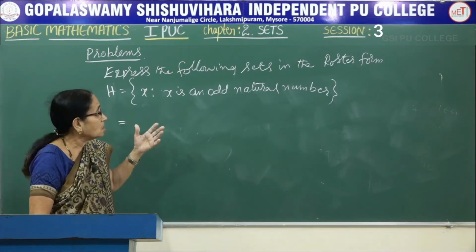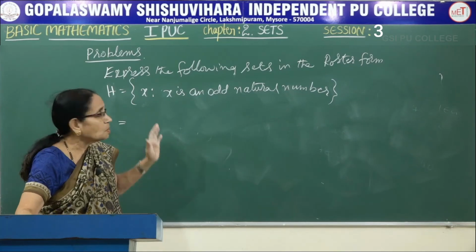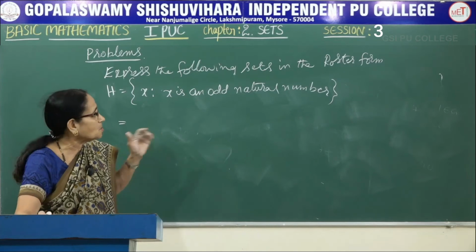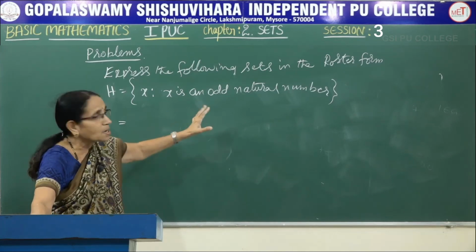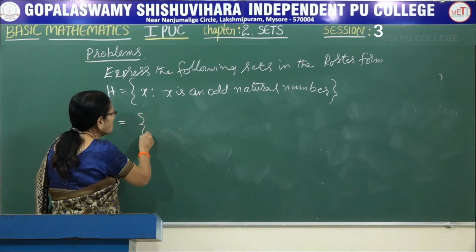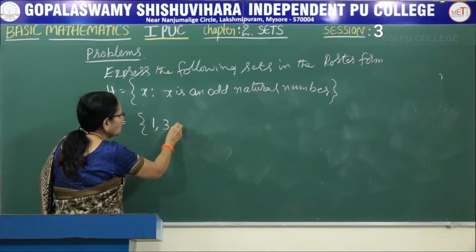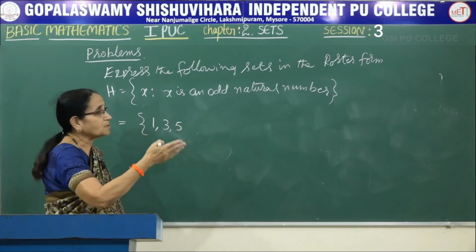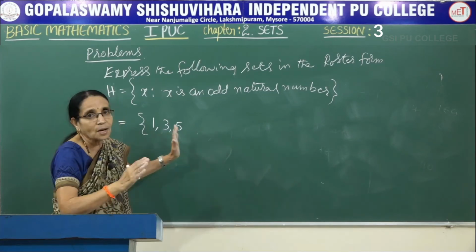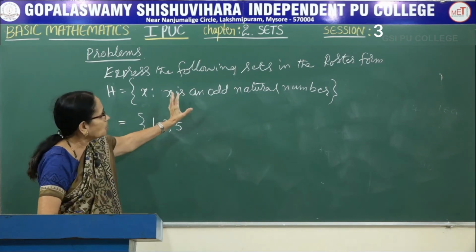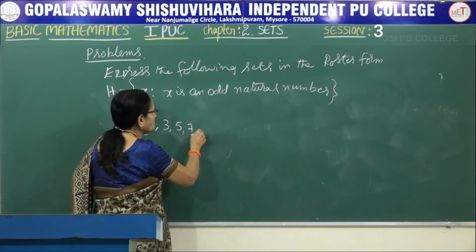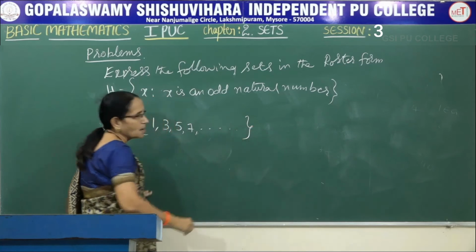What do you mean by an odd number? 1, 3, 5, 7, 9, all of them we call odd numbers. And here this is the only condition that is given. No restriction as such. That means you have to start with the number 1, 3, 5. Suppose it is given less than 20, less than 40, like that, you should have written the exact number of elements here. Because only it is given, it is an odd natural number, just write 1, 3, 5, 7, put two dashes and write like this.